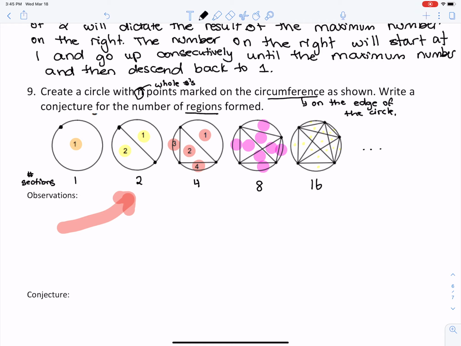So if I'm trying to create a conjecture here, I need to figure out what is happening between these numbers. I notice that 1 times 2 is 2, 2 times 2 is 4, 4 times 2 is 8, 8 times 2 is 16. So I'm observing that the numbers 1 to 2, 2 to 4, 4 to 8, the numbers are doubling. So when I write my conjecture, I would say when a circle has n points